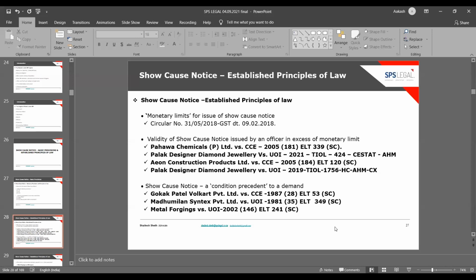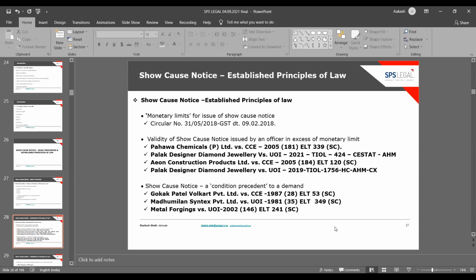The Supreme Court said that they are supposed to follow these administrative directions as a matter of propriety, but in the absence of anything in the statute which actually requires the officer to adhere to those monetary powers, if he is otherwise competent to issue the show cause notice, the board circular on the monetary limits cannot be a ground to stop the proceedings. A similar view was expressed by the Supreme Court in Avon Construction Products, and